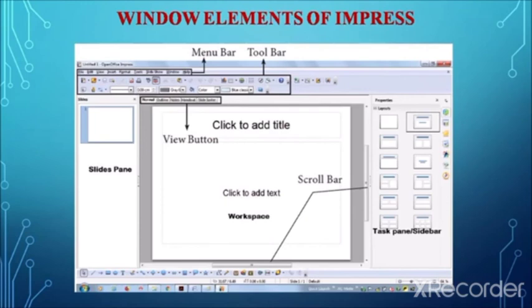In case the user is not able to view the status bar, the user can select the status bar from the View menu. By clicking that, the user can view the status bar.